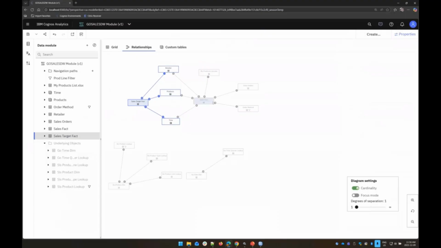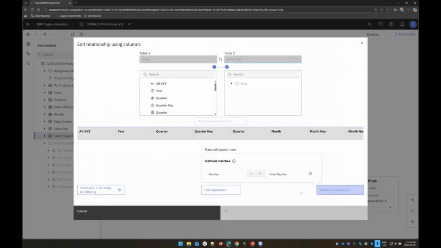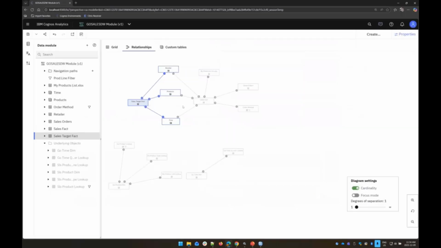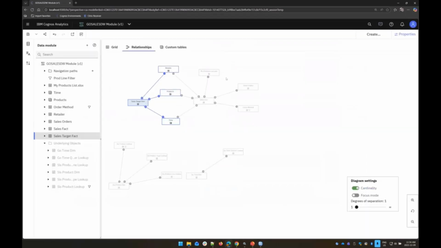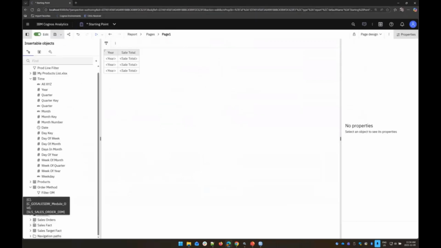They could be at different levels of granularity. In this case, they are. This one is related at the day key, you can see here, day key to the order day key. And this one is related at the month key level. Okay. So if we go back to the report and we go down and add our sales target to this report,